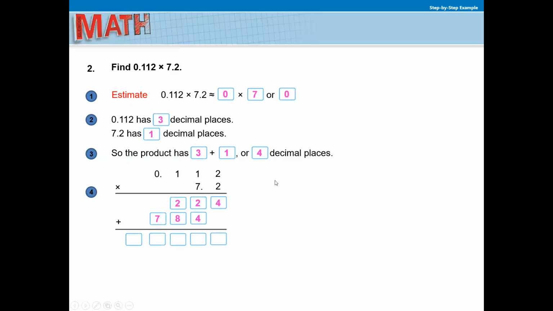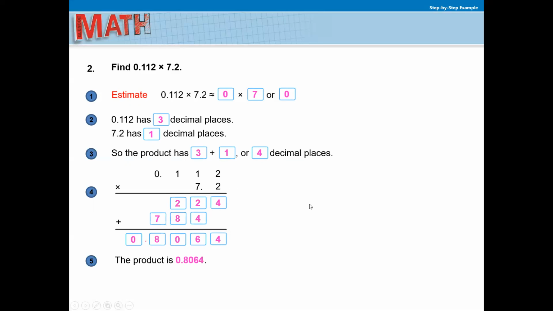I wasn't finished multiplying, sorry. Now we've got 4 decimal places, 1, 2, 3, 4 digits to jump, and we put our decimal point down. We put a 0 in the ones place for good form to show that there are no whole numbers. The product is 0 and 806